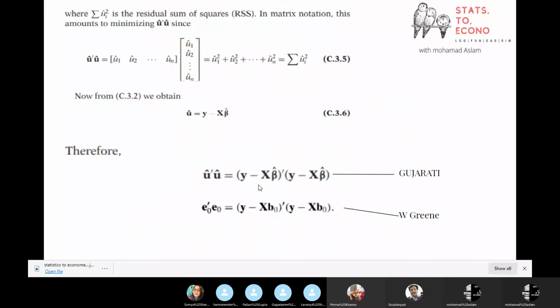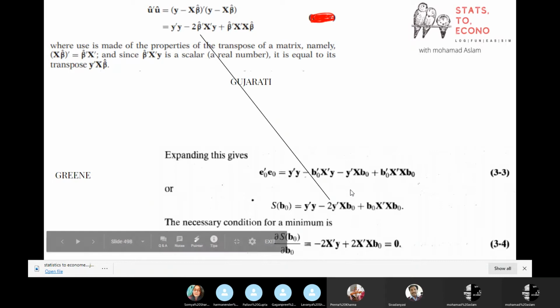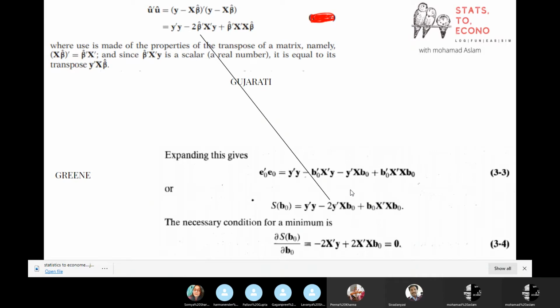So if we multiply now, these both are scalar matrices, as I had explained, so that's why you can add. Now here, if you go by Gujarati, you can see that they have kept this first value and then minus 2, and in Green they have kept the second one and then minus 2. Although because both are scalar matrices, one single value, you can keep any one. That won't make a difference. Both have the same value.